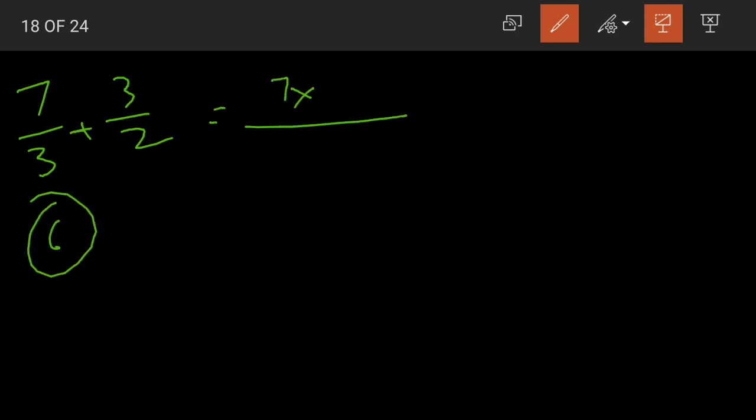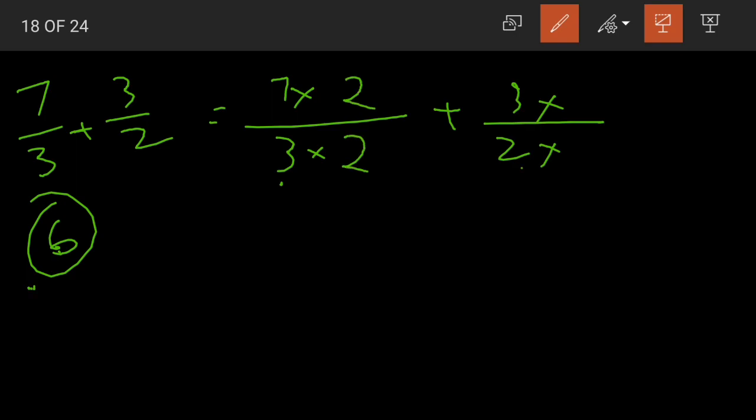Now what will the next step be? Converting them into equivalent like fractions. Now how do we convert? Here the denominator is 3, the LCM is 6. Now 3 into what gives us 6? 3 2s are 6. So we multiply the numerator and denominator with 2. Clear students? And coming to the next number, the denominator is 2. We know that 2 3s are 6. So we multiply both the numerator and denominator with 3.